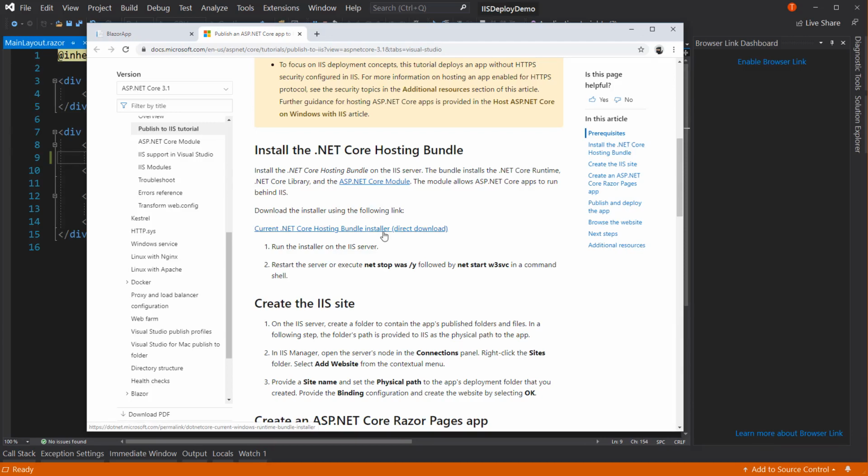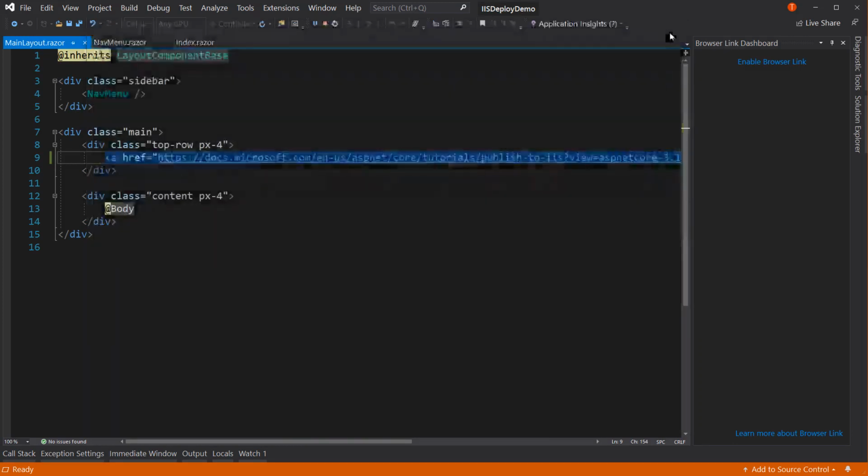Run that exe, okay? And that's going to be on the same computer that IIS is, which if you're doing this locally, like I'm showing you, then it'd be this computer. And once you're done, restart your computer, okay? Now you could, if you don't want to restart, go to the command line as an administrator and run net stop was /y, and then once it's done, net start w3svc. Okay, that restarts the web server. But you don't have to do that. Just restart your computer. It'll do the same thing. You're good to go. It may be a little easier to do it that way. Okay, so once those two steps are done, you're ready to